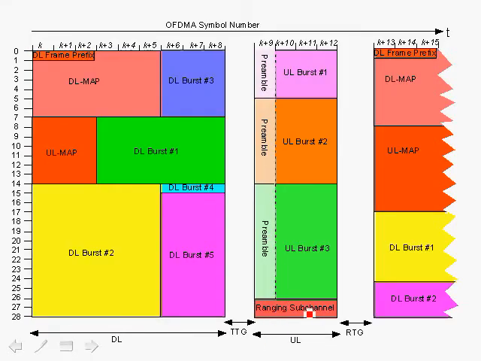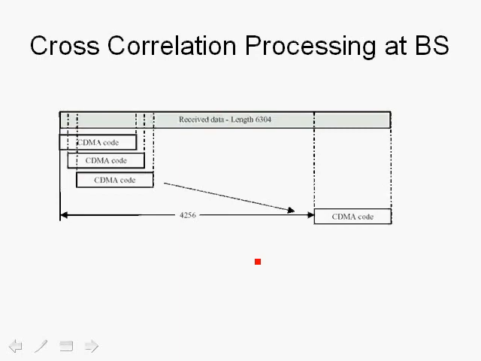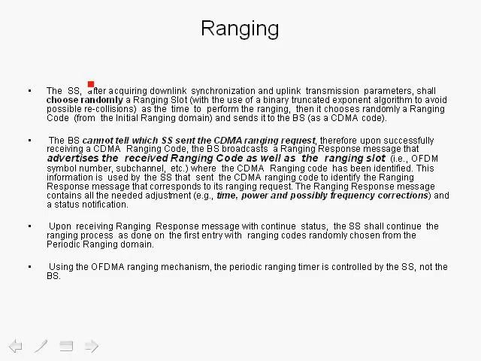Again, you have slots over here, and there will be a ranging slot which is chosen randomly by the subscriber, and I will use, for example, a binary truncated exponential algorithm to avoid collisions or recollisions. So these are randomly chosen so that substations don't collide with each other. At the time to perform the ranging, then